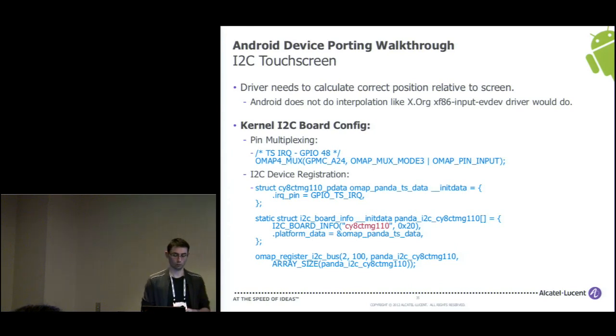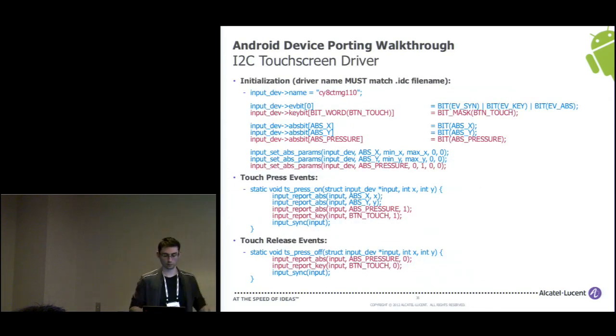Then you have to modify, of course, your board configuration within the kernel in order to correctly configure the different GPIOs and multiplexing of the different pins of your board. And then you just want to register a new device. So for example, this is for the pen board, a couple of structures that have to be defined. This one is the function that just registers the new device on the bus. And one thing that you have to really take care of is the driver name. We'll see why, but this one is really important.